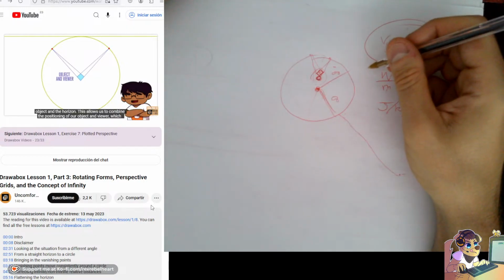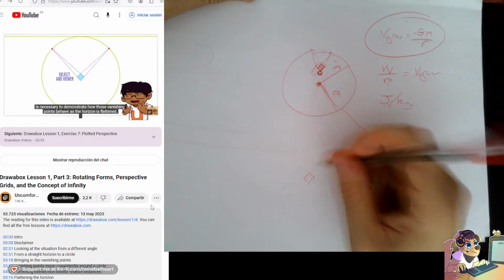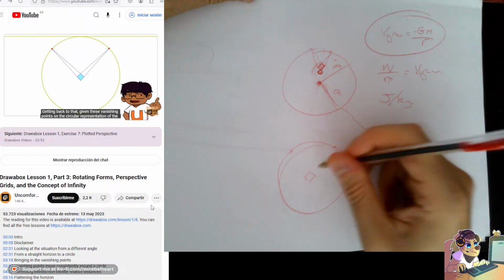This allows us to combine the positioning of our object and viewer, which is necessary to demonstrate how the vanishing points behave as the horizon is flattened. Getting back to that,